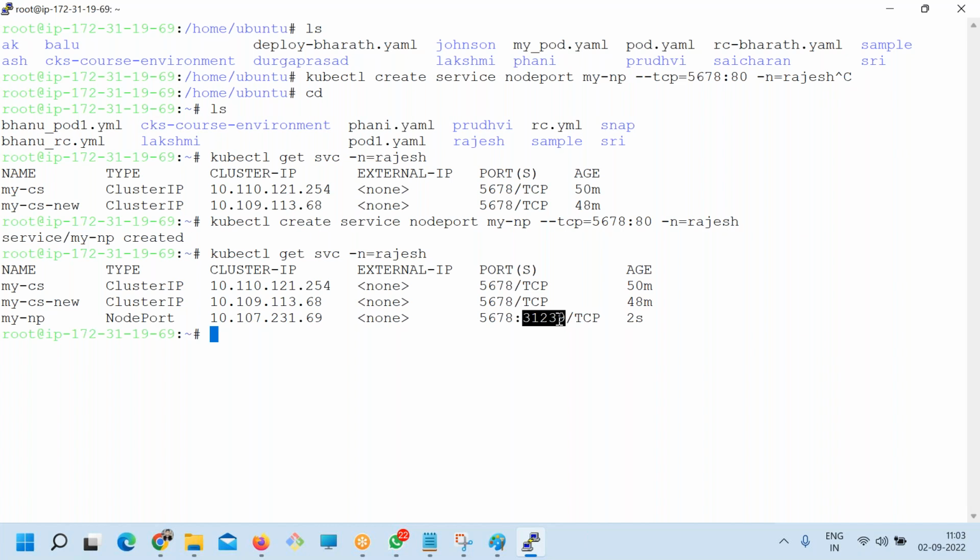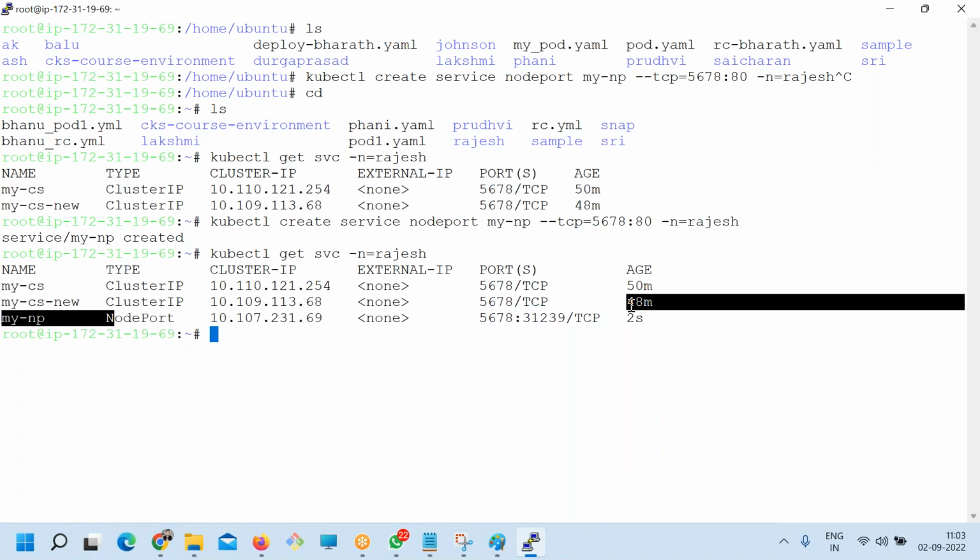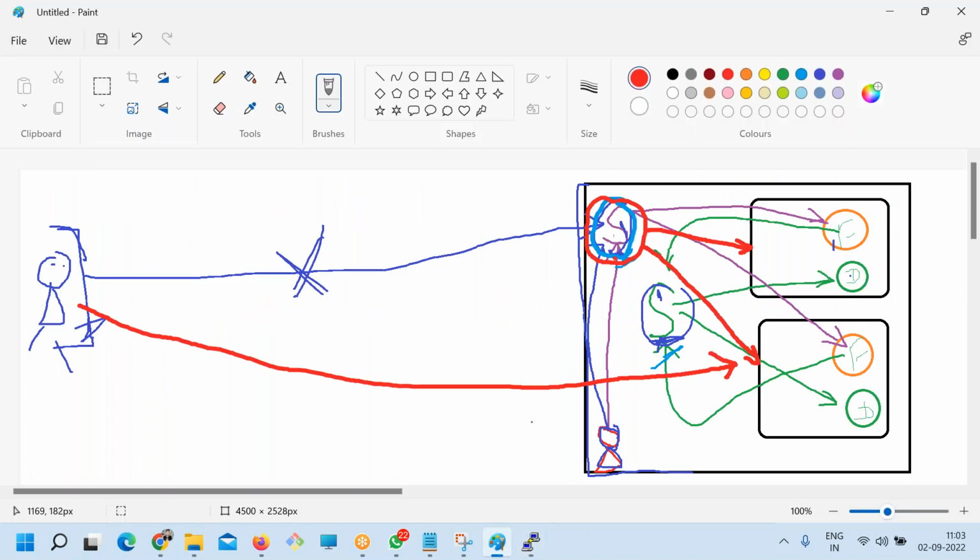Yes, all of you? That means we are able to access from within the cluster as well as outside the cluster, right? Both ways possible, only if you expose the service. If you have type node port, that means this service which you created is exposed at the node port. So now I can access.